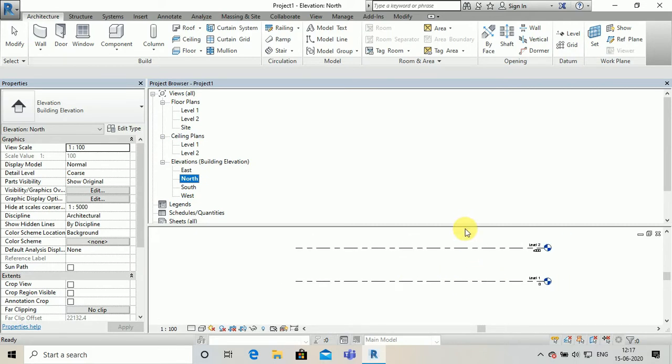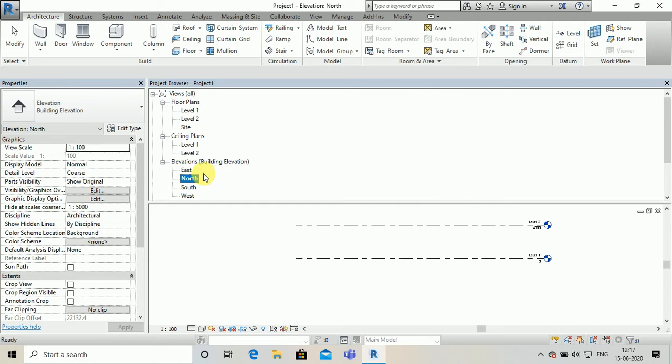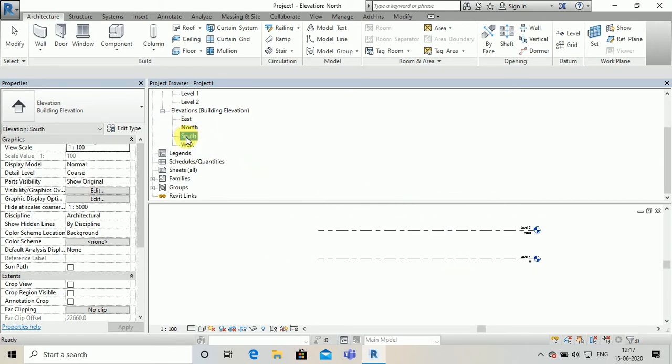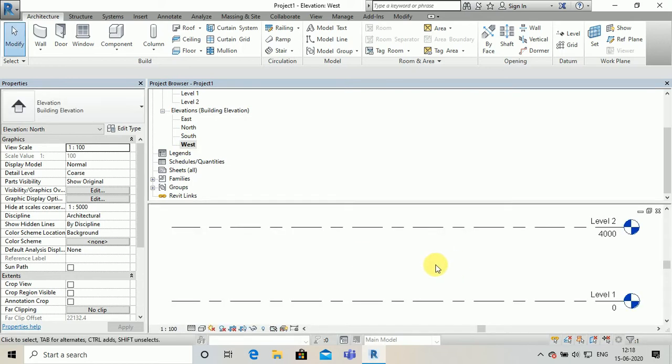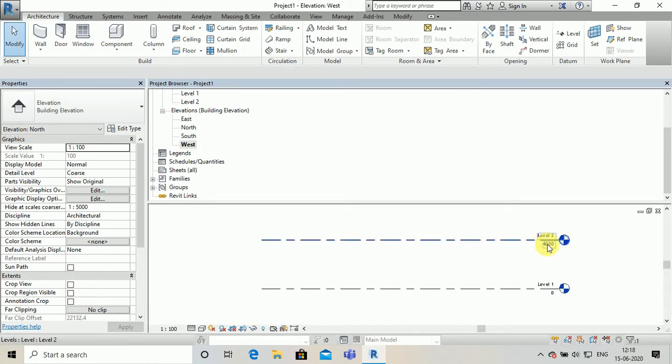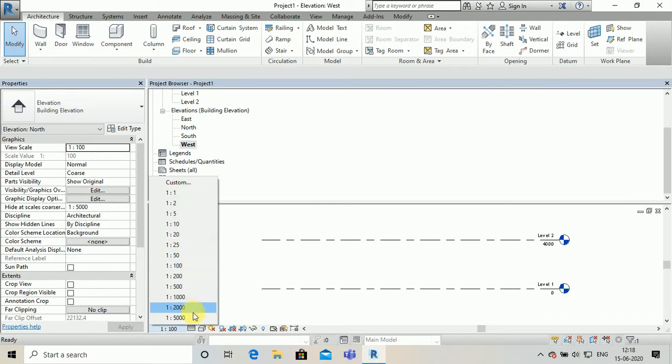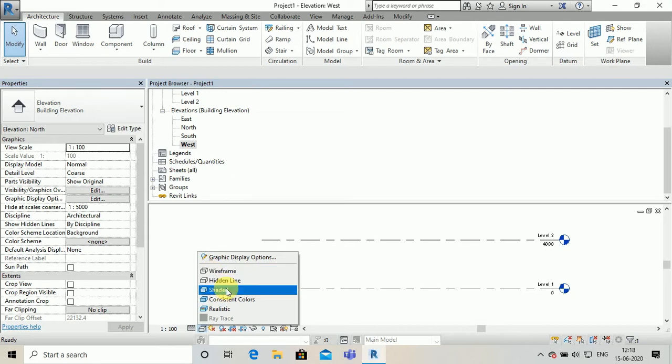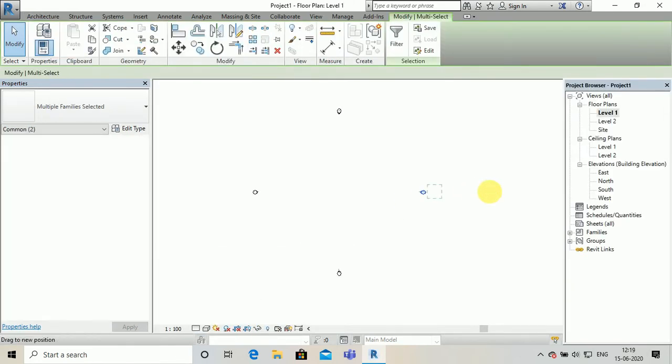This is the south elevation, north elevation, east elevation, then west elevation is present here. Then you can change the scale here, 1:1, 1:20. You can have various visual styles, scales, shadow, hidden, various types of them. You can have sunlight like this.